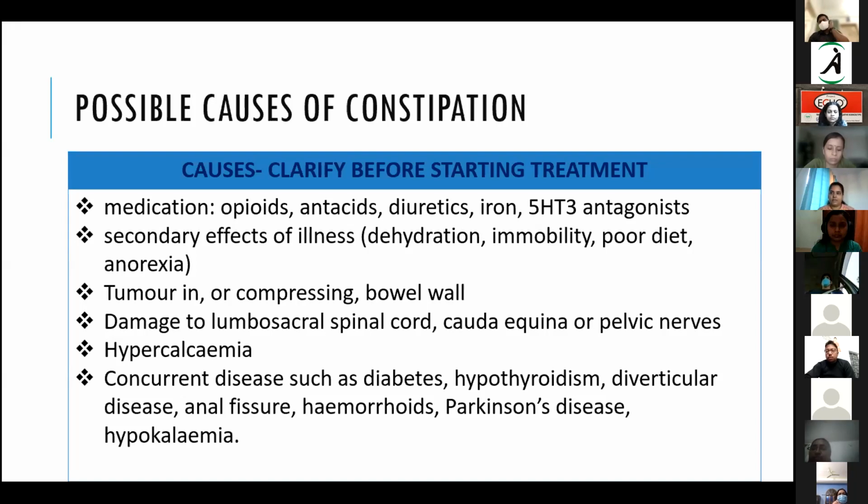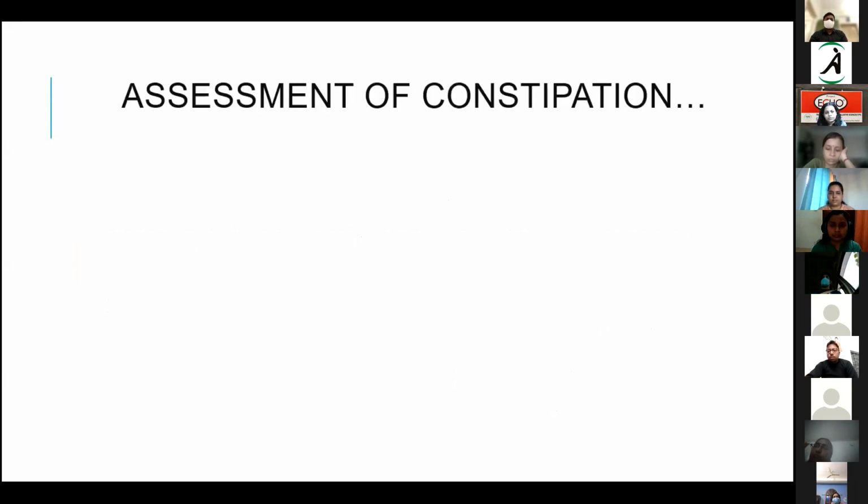But when you really go and read a lot about it, there are so many things that come up which we may be doing routinely. Sometimes they may get overlooked also. So I'm sure all of you who are coming in from different backgrounds would be practicing all of these concurrent issues in your regular clinical practice, and we are able to identify and clarify before starting treatment.